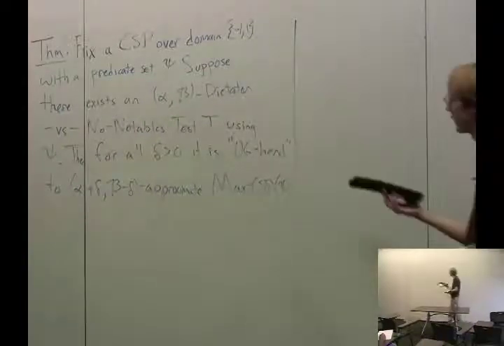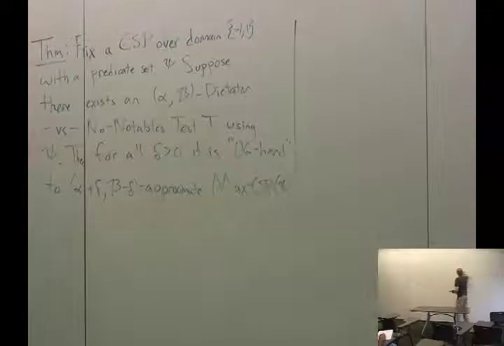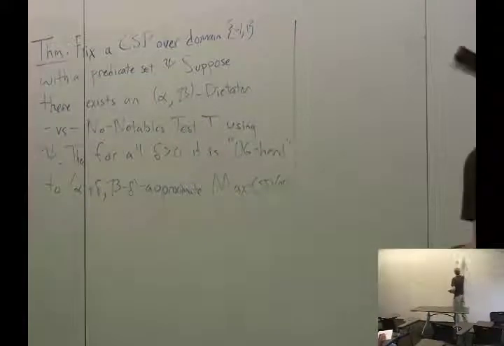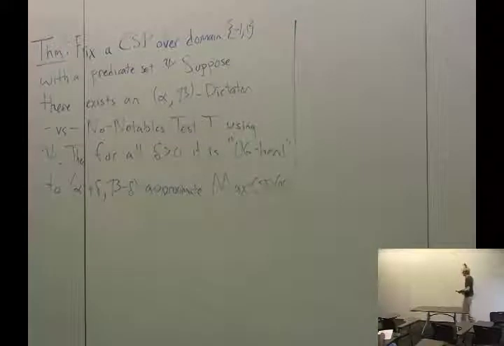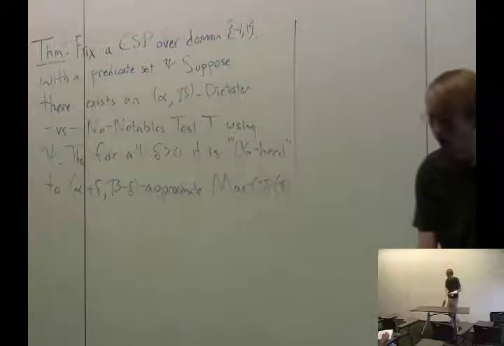And oh yeah, what does it mean UG-hard? That means if you assume the unique games conjecture, then it's NP-hard. Okay, so any questions about the theorem? Okay, if not,